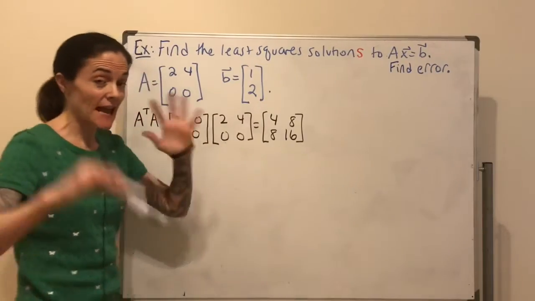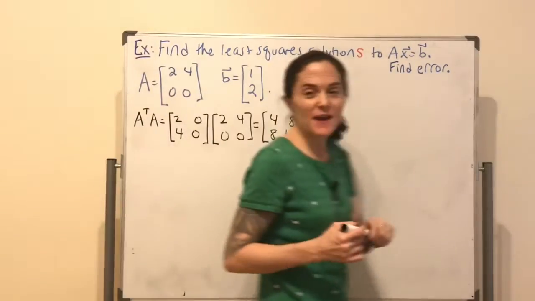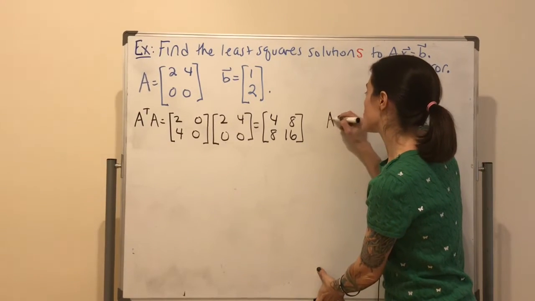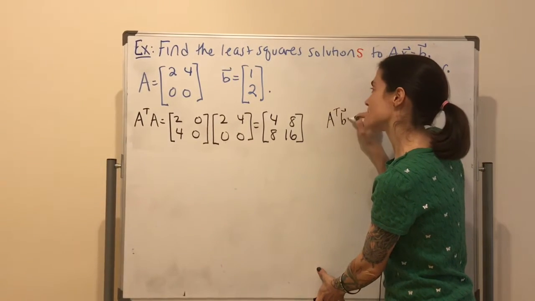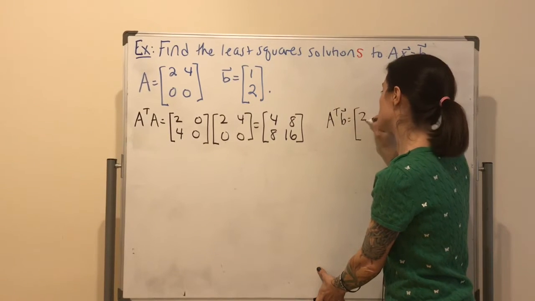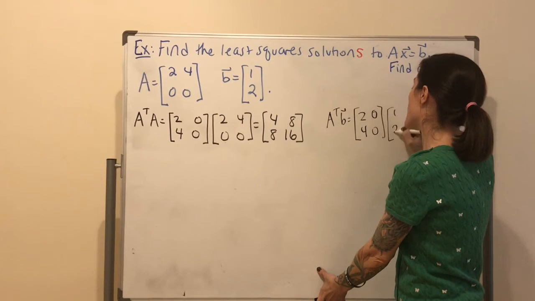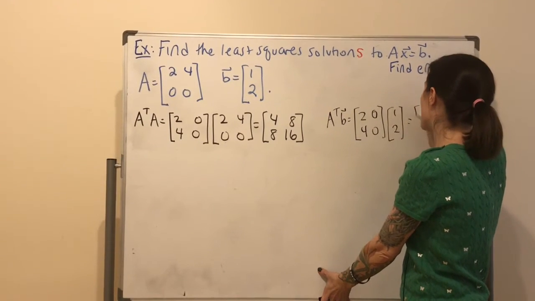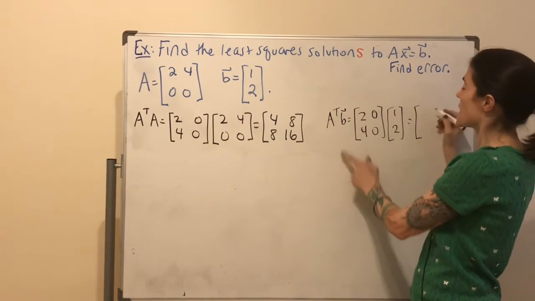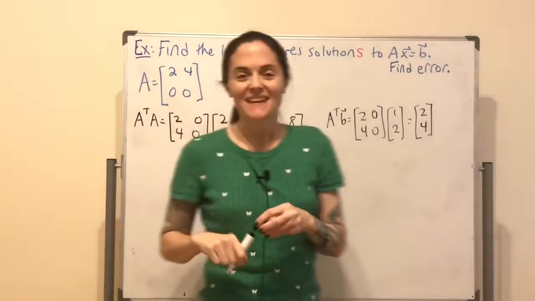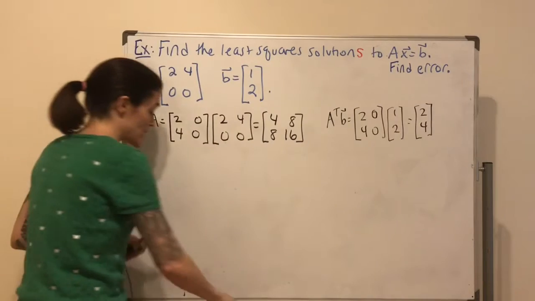Here we see A transpose A, and then maybe over here I will write A transpose B. This is 2, 4, 0, 0, 1, 2. In fact, I know what this is before I even take the time to write it. It's 1 times the first column, because the second column is 0. And now, my normal equation,